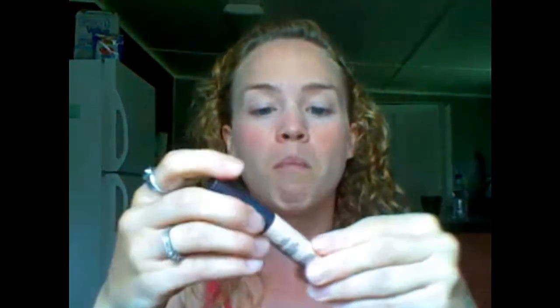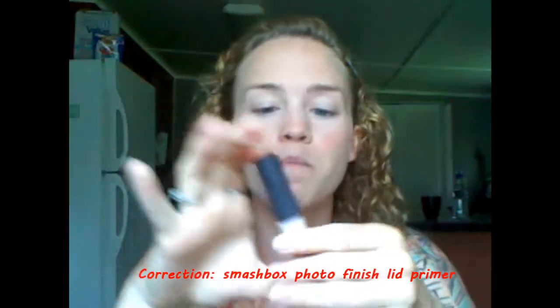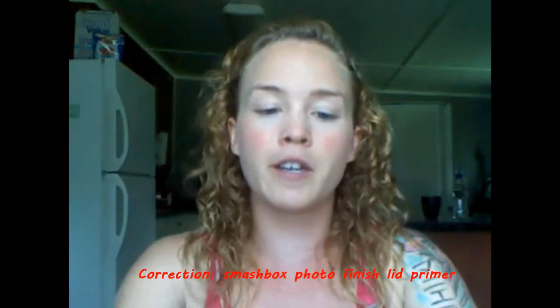Now we're ready to move on to the eyes. A big thing that you want is some sort of eye primer. For this case, I have Smashbox Photo Lid Finish Primer. It's pretty good. I like Urban Decay a little bit better, but really even using some more of the chafing